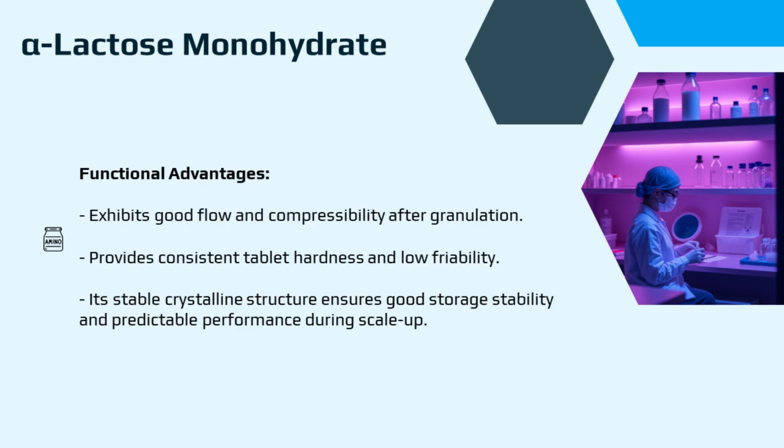Alpha-lactose monohydrate exhibits excellent flow and compressibility after granulation, producing tablets with consistent hardness and low friability. Its stable crystalline structure ensures good storage stability and reliable performance during scale-up, making it a dependable choice for robust